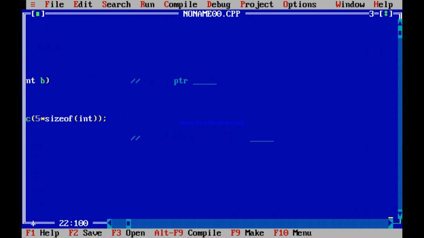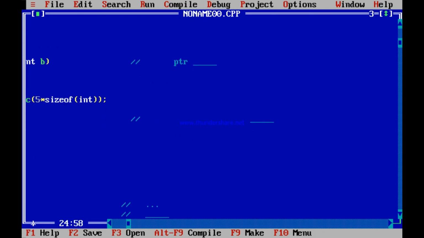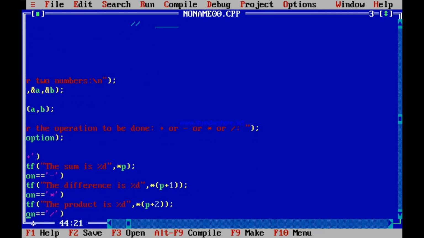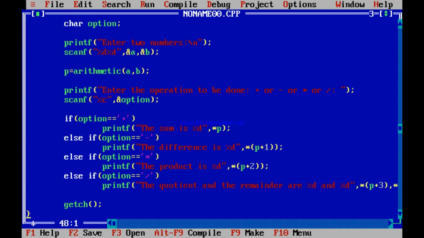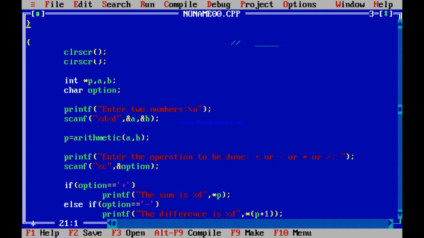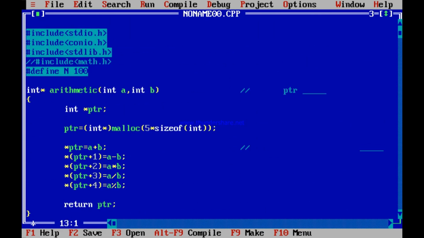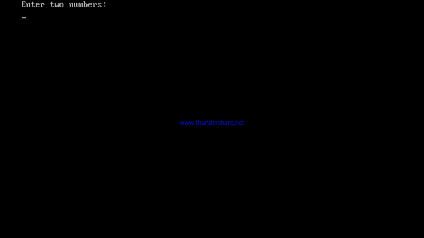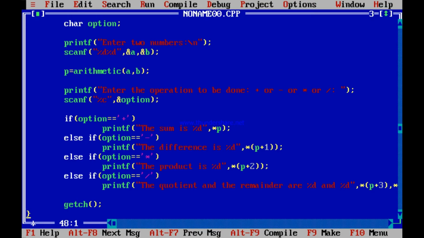Anything else is there on the right side? No, we just check it once. Okay, so let me run this program now and see that this is running fine. I think you understand this. Let me run it. I hope I did not miss out on commenting out anything. Is there anything? No, I did not miss out on commenting and I declared all variables. So let me run. Okay, so no errors. Enter two numbers, maybe 5 and 7. Enter the operation to be done, plus or minus or into or division. Let me enter plus. It goes out. Why?